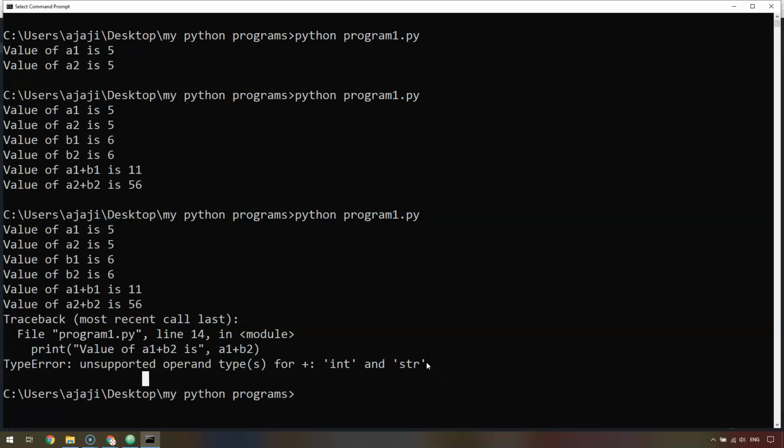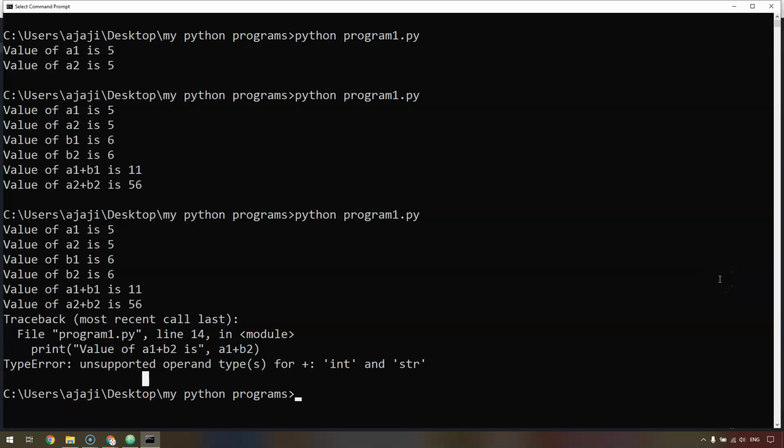So you can add either two numbers or two integers together and two strings together, but you can't add a string and integer together. Obviously it makes sense as well, because what is there to give when you add a number to a string? When you add a string to a string, you can just put those strings together. When you add a number to a number, you can do the actual mathematical addition operation. But when you add a number and a string, there is no meaning in doing that. And in the same way, Python is also giving you an error when you add a number and string.